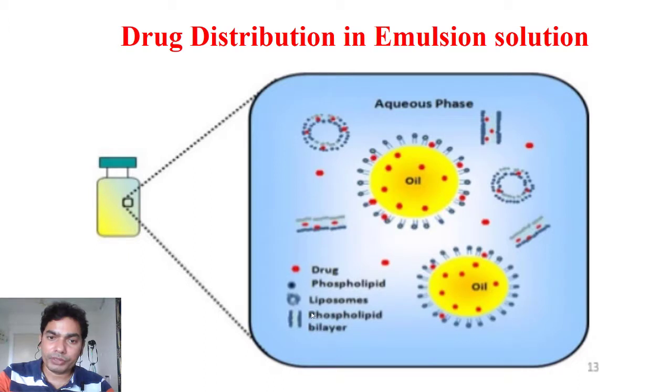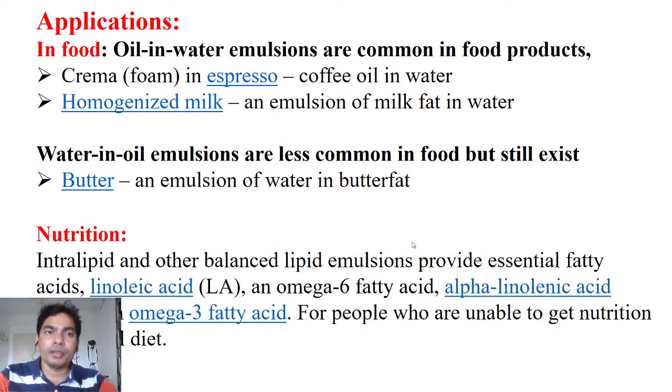So phospholipids, liposomes, this is the liposome structure, and phospholipid bilayer, this is bilayer, this is very less stable. So in the whole solution of the injection, different kinds of populations may be there, right? Your exact objective population is this, but you cannot avoid these populations also, right? So the injection contains all of these things. So what is the application in food?